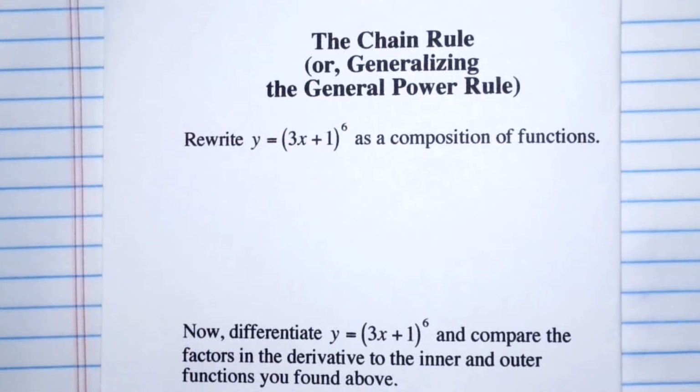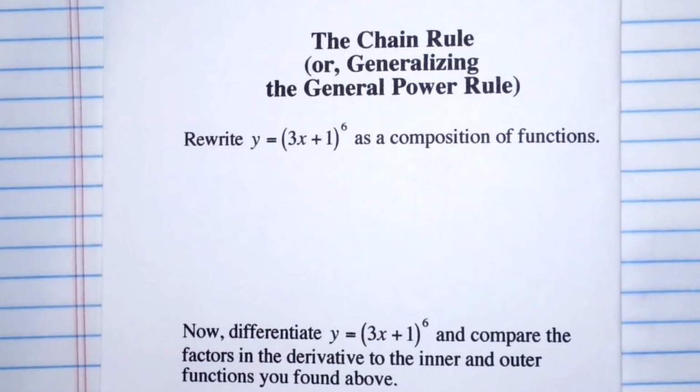The general power rule that we've been discussing is really just a special case of a more powerful rule called the chain rule. And what we're going to do now is talk about generalizing the general power rule to the overall chain rule. Alright, so let's take a look at this function y equals the sixth power of 3x plus